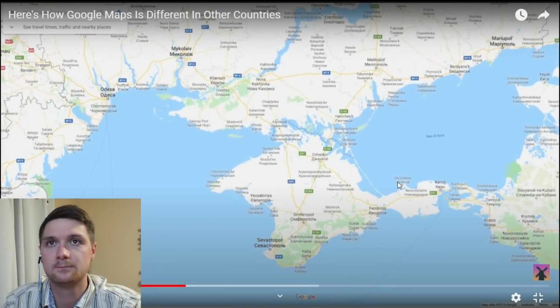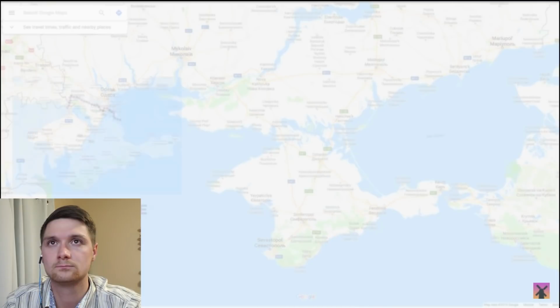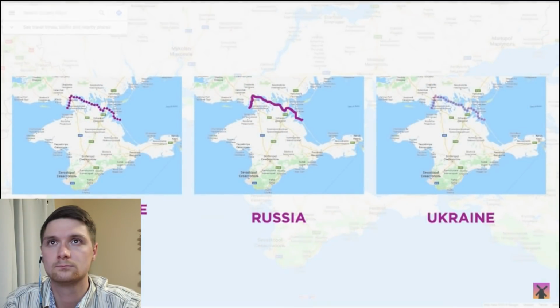This is what most users in the world see when they look at the map of Crimea, just a dotted line marking the peninsula as a disputed territory. But Russian users of maps will instead see a very solid line that clearly marks Crimea as being a part of Russia, while users in Ukraine will see an almost transparent dotted line that suggests Crimea is still a part of Ukraine. This is how Google manages to avoid controversies on maps, by showing 3 different geopolitical realities to 3 different groups of countries so that all of them are happy with what they're seeing.